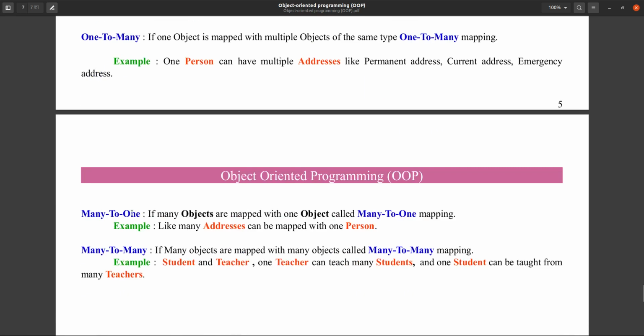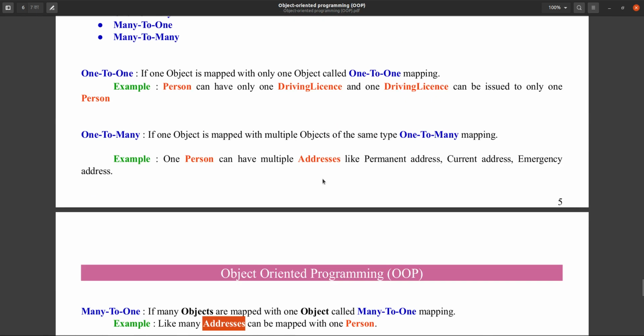Many to one relationship means the reverse of this one. Suppose one person can have multiple addresses, so you can say like that, multiple addresses can be mapped to one person. Obviously that is the reverse only, no? One person can have n number of addresses, but in the same case we can say n number of addresses can be bound to one person.